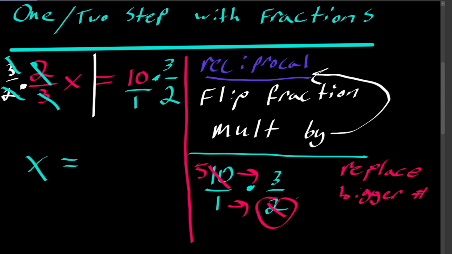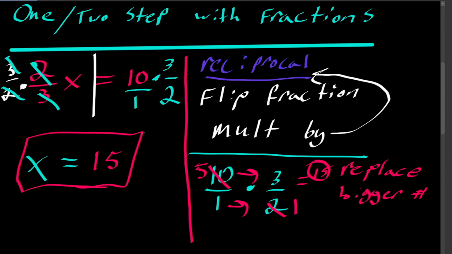And this 2 down here is going to get replaced with 1. So we're essentially saying 5 times 3, which is 15. Then we're saying 1 times 1, which is 1, so we end up with 15. So x equals 15. Now, if that was a little confusing, we're going to do another one, but I would encourage you to